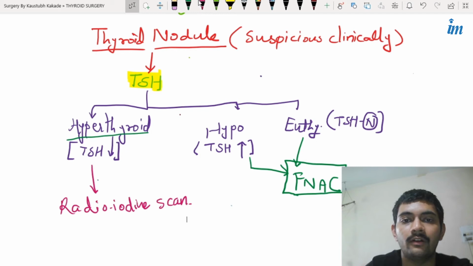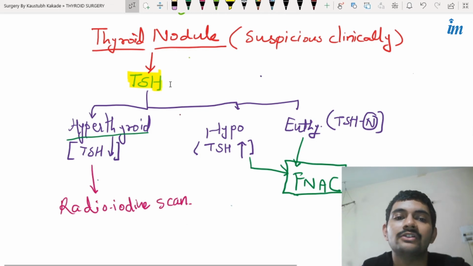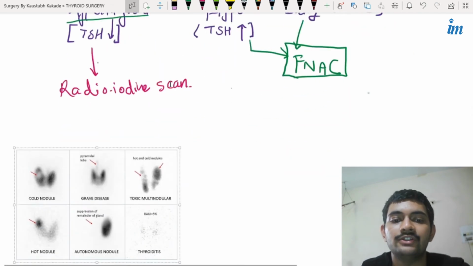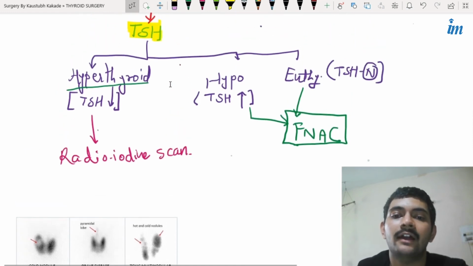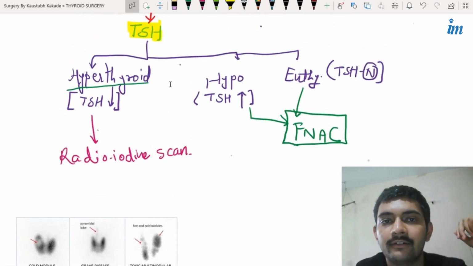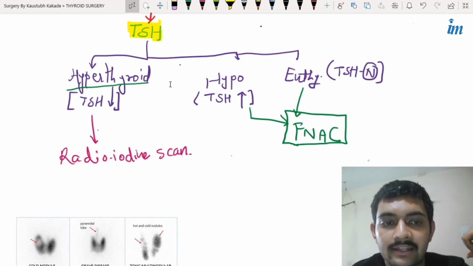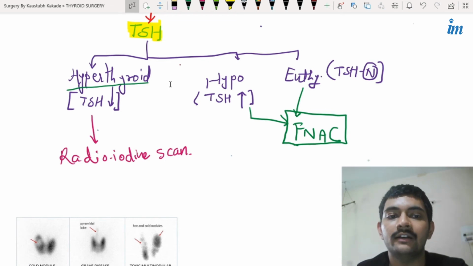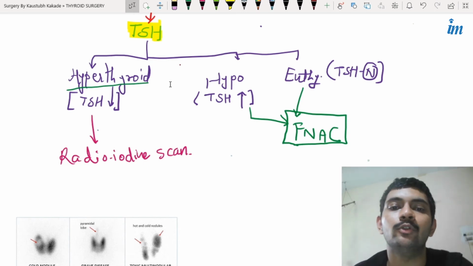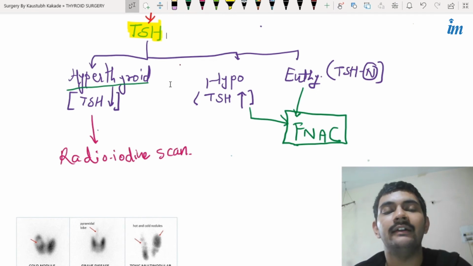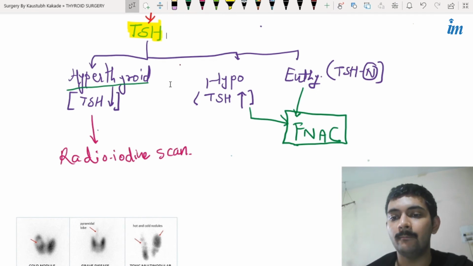You are going to do a radioiodine scan. It's that simple: if a patient has a thyroid nodule which is clinically suspicious, first you will check the TSH levels, then you are going to check the hyperthyroid, hypothyroid or euthyroid states based on the TSH values. If it is low, that is hyperthyroid, go for a radioiodine scan. If it is hypothyroid or euthyroid, that is TSH is high or normal, directly go for FNAC, because